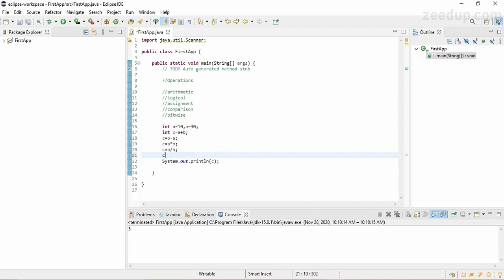Another thing we have is known as the modulus operator. So what does this modulus operator do? It returns the remainder when the two numbers are divided by one another. Suppose we write b modulus a. This percent sign is known as the modulus operator or the modulus sign. When we perform this operation, we get the remainder, which is 0 in this case. Then we have the